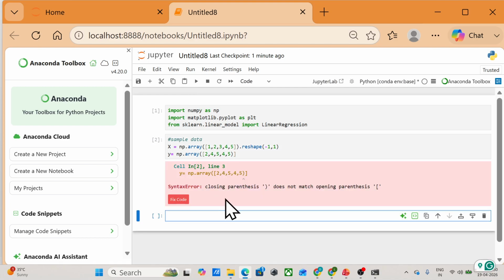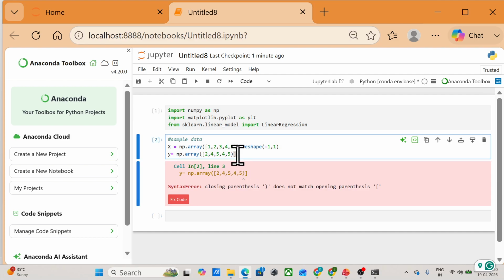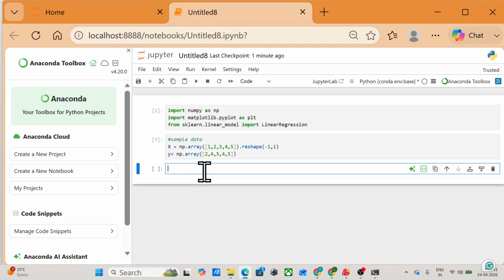Did I do something wrong? First we have to close the square bracket and then the curly braces. Okay, sorry.